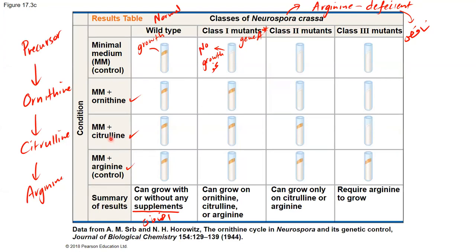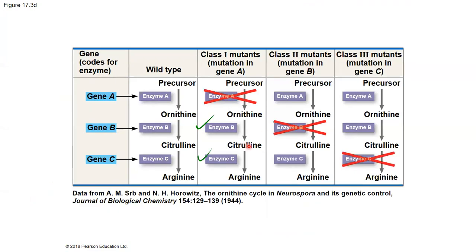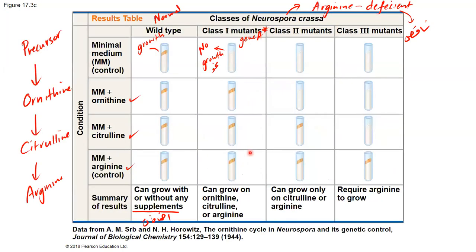If you give these class 1 mutants, type 1 mutants, النوع الأول, minimal media and citrulline, they will grow. Why? Because they have normal enzyme C, they will convert citrulline into arginine. Of course, if you give them arginine, they will be able to grow. Okay? Class 2 mutants,